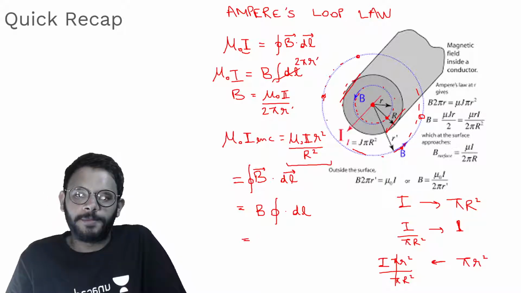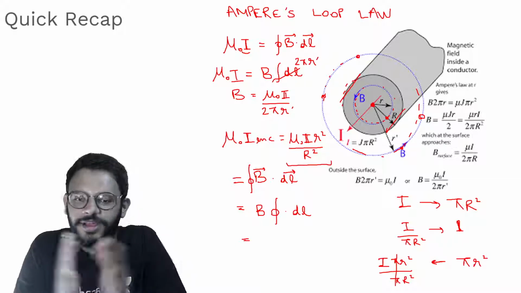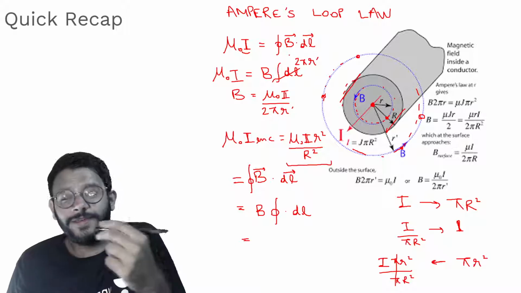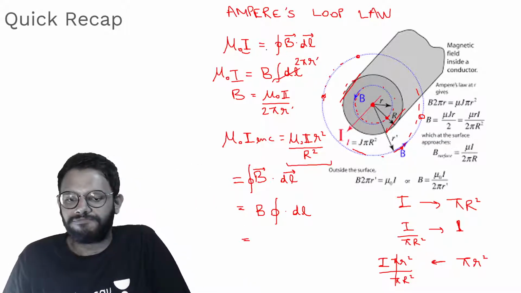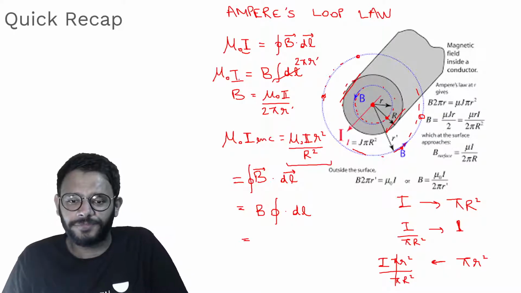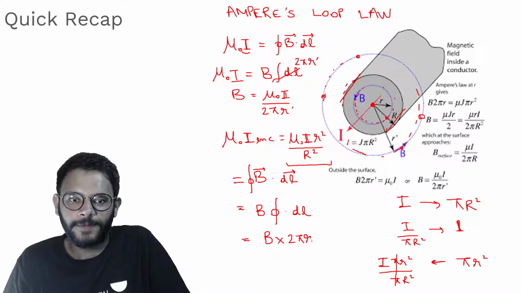B and dl are tangential to each other, so B dot dl is simply B dl, and B is a constant throughout my loop, so I just need to integrate the dl part,